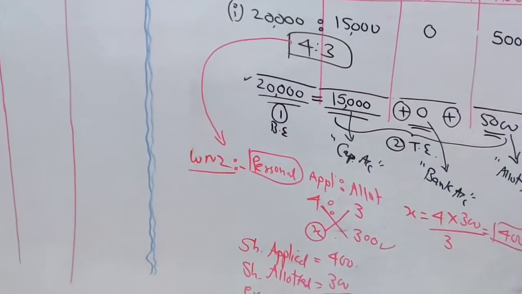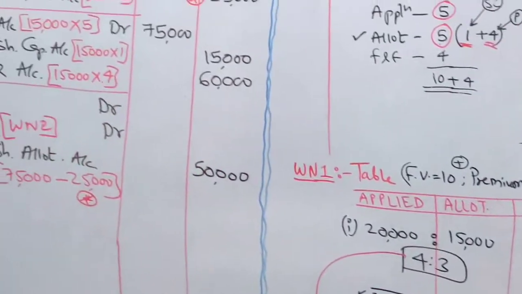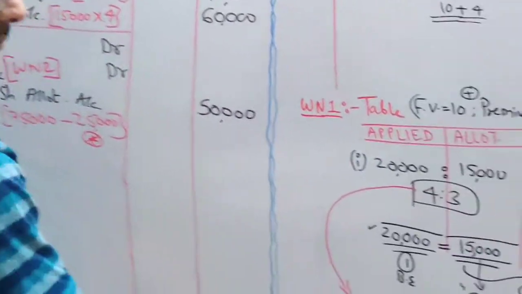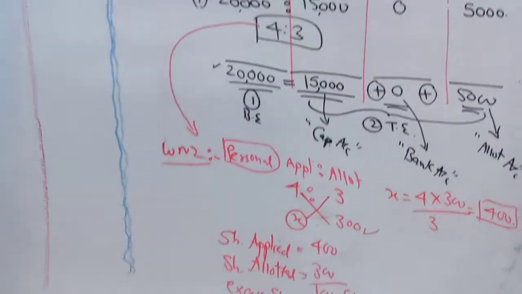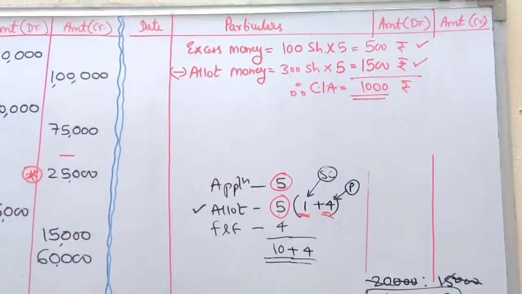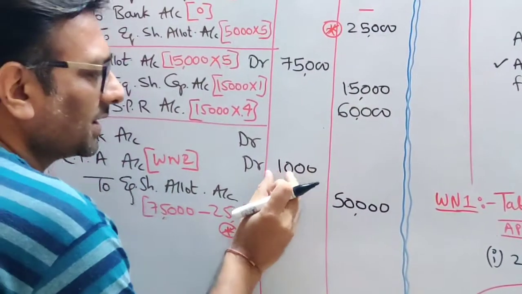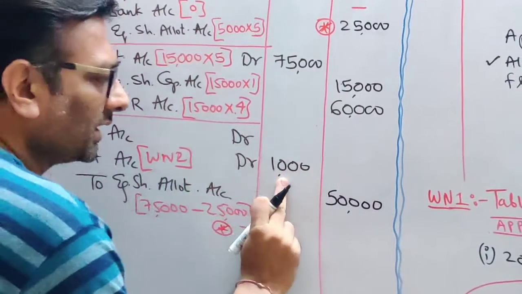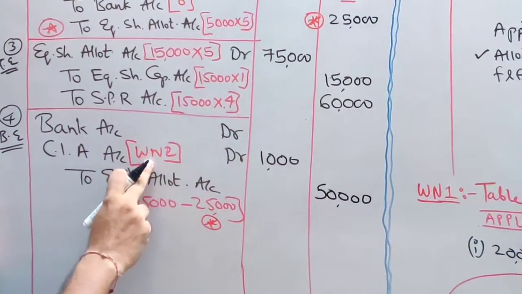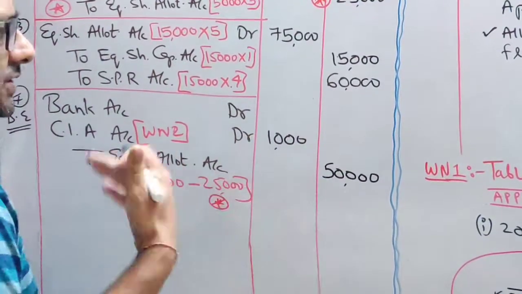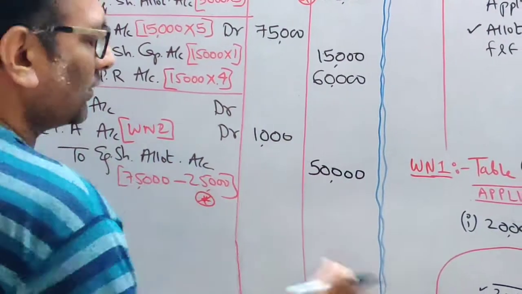So we made a working note. Working note number 2. So from working note number 2, how much was the arrear? Arrear was 1,000. So I am writing 1,000 rupees. This was the arrear made by Mr. Ashutosh. How did we get 1,000? By doing working note number 2. So you can refer to working note 2 later also. You can watch it again, how I made working note 2.